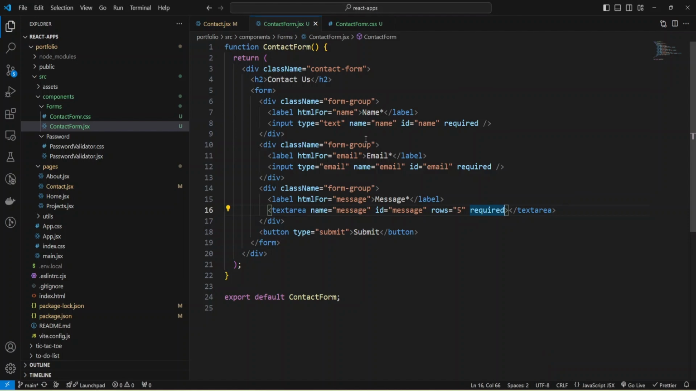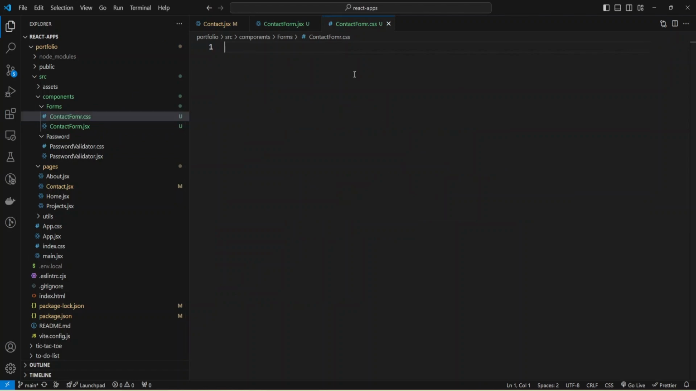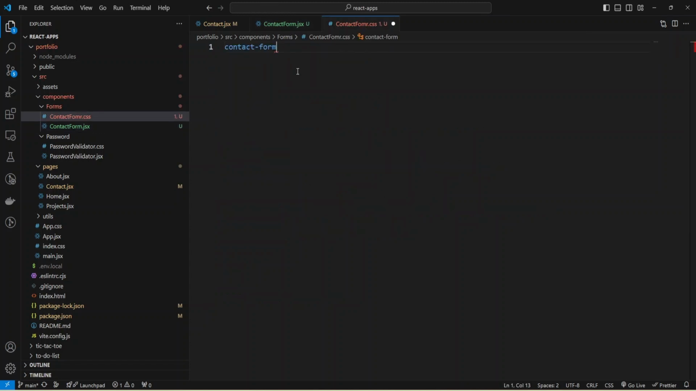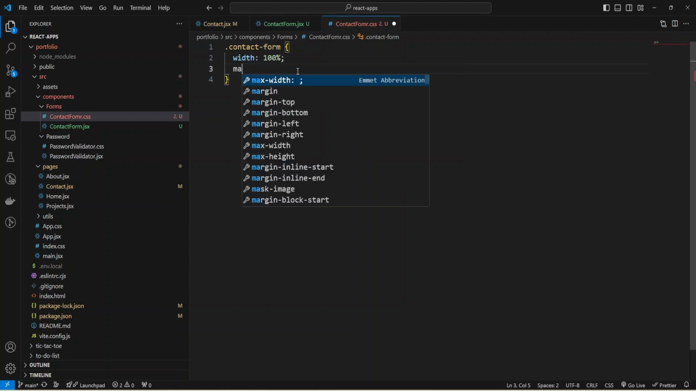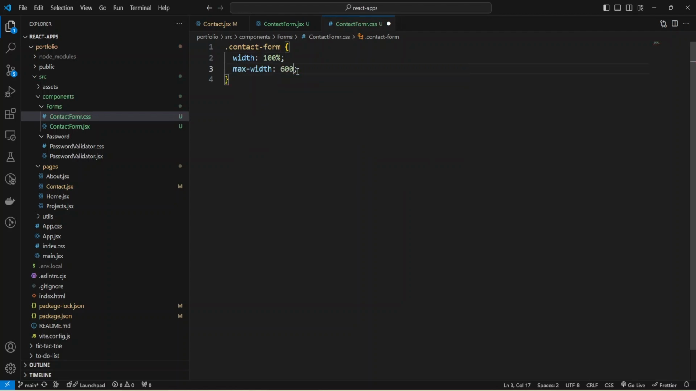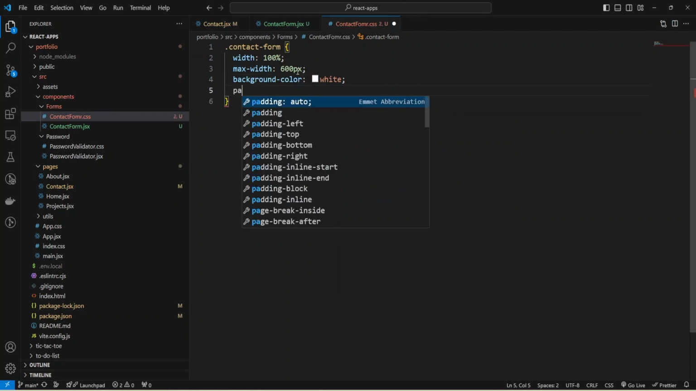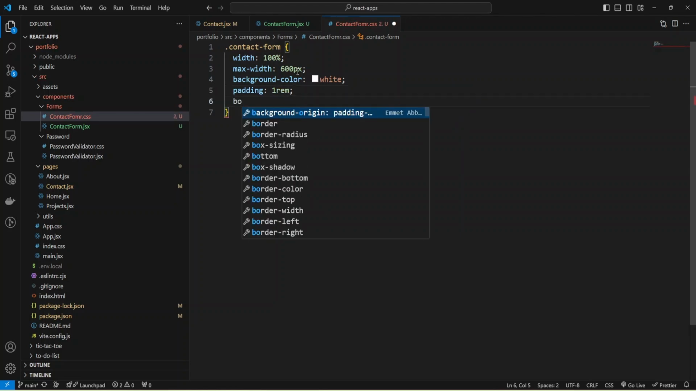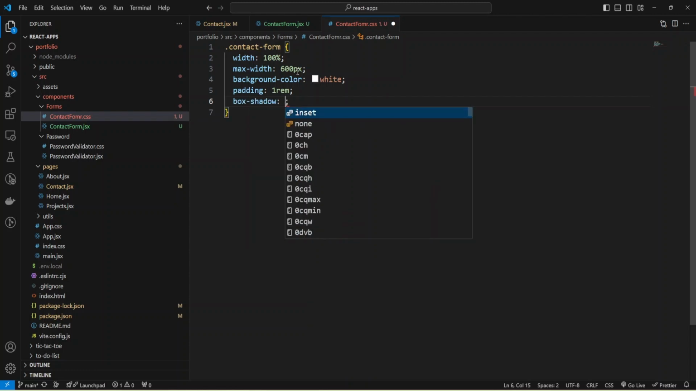And first of all, let me add some styles to look nicer, and I'm going to provide styles for our contact form. And the contact form CSS, it's a class, and I can add width 100% and make max width 600 pixels, and make background color white, and also I can add some padding, 1 rem for all sides, and also add box shadow